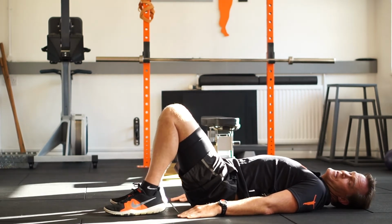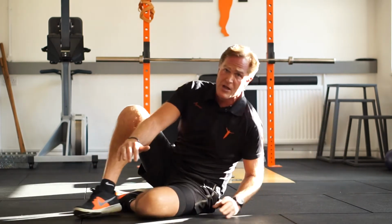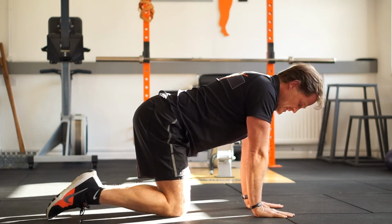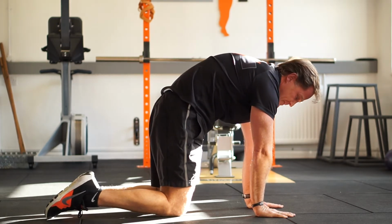Right, so let's do 10 of those. Once we've done 10 of those, we can turn around and go into a cat curl. So, exact opposite movement. Again, working through the spine, suck belly button into the spine, drive through the hinge mid-back